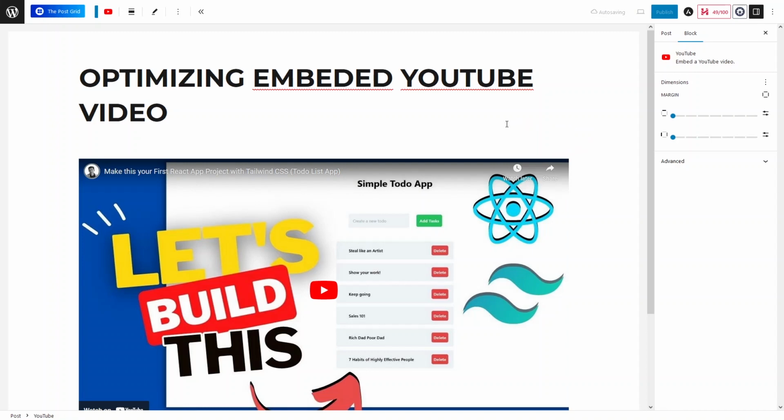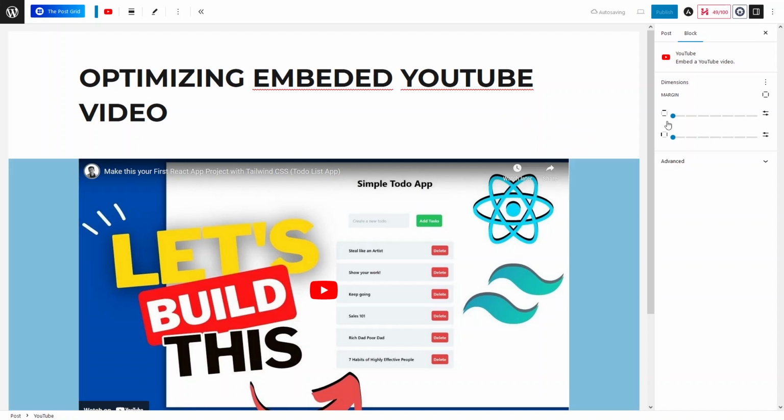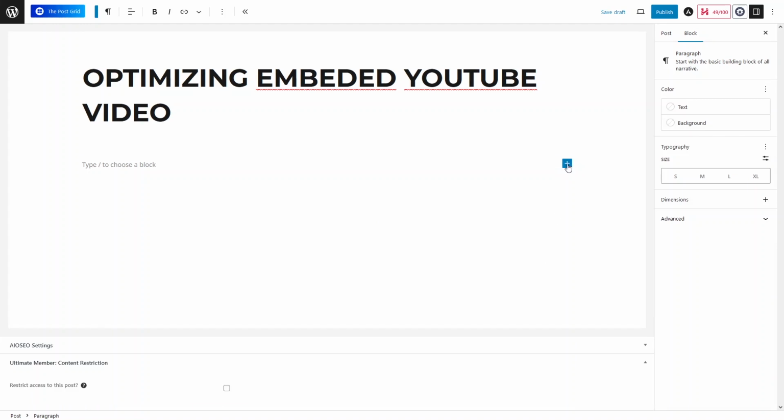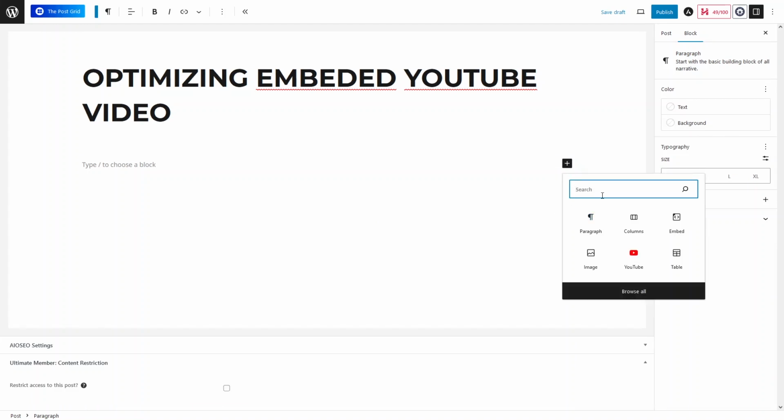But the problem here is that we don't have a lot of options. As you can see, we only have the margin option. And if I go inside the advanced settings, I can only provide the block name and additional CSS classes, nothing more than that. So how can we optimize this? Let's remove this first. Now let's click on add block and search for